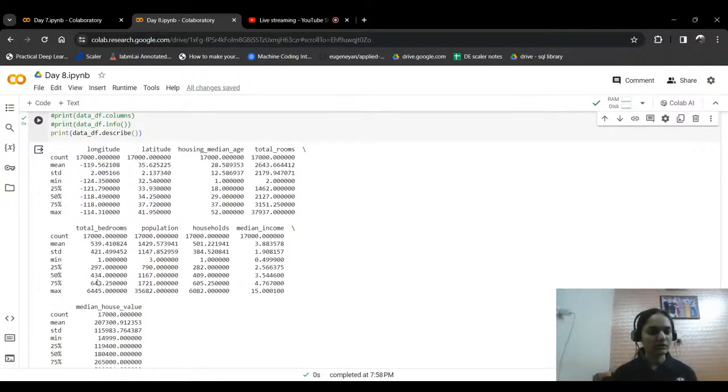And you can see the total number of bedrooms. So minimum value is 1, maximum value is 6,445, maybe for some hotel or some sort of palace. And the percentile value, you can see the 25 percentile value, that is 25% of people have less than 200